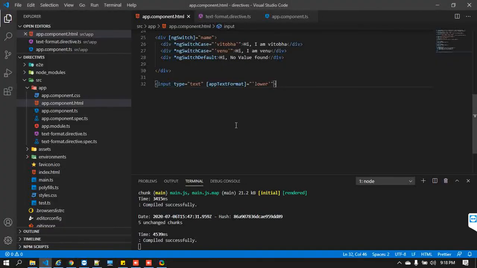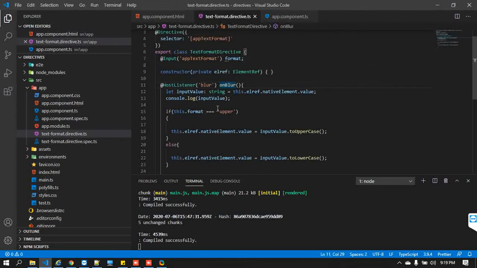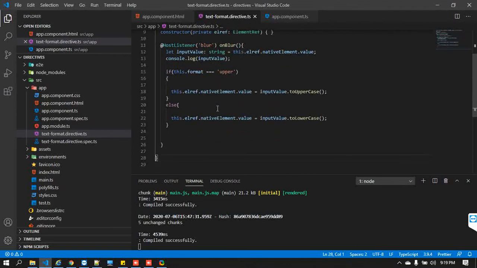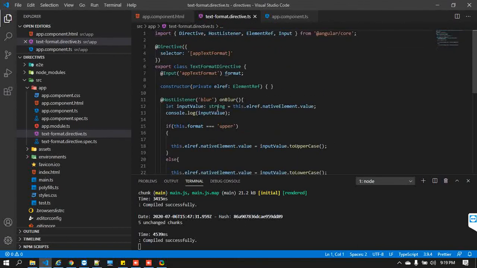So in that way, you can write your own directives and manage in that way. Whenever I say ngSwitch, the same thing is happening. There is an ngSwitch directive. If you go to the Angular official website and type ngSwitch in the search box, you will see the directive. If you open the directive code, you can find the same type of code that we have written here. In this way we can create our own custom directives, both structural directives and attribute directives. So this is all about the directives.